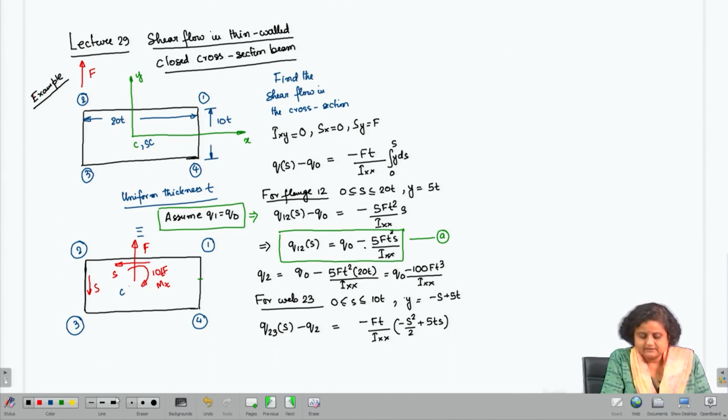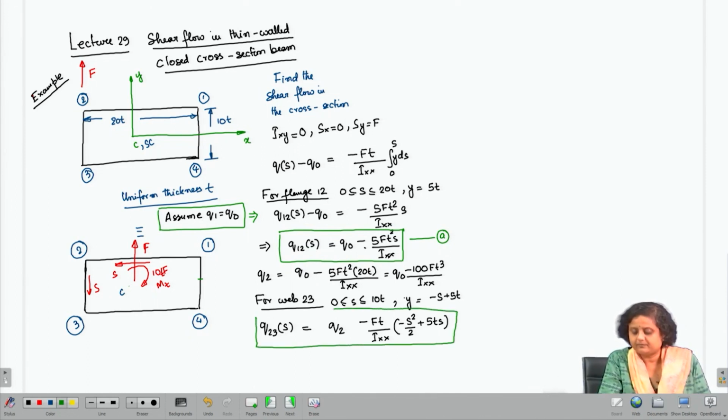Or I can write down the Q2 on the left hand side to cut short the step, and this is Q2 minus this. So, from this expression we can get Q3 as Q2 minus Ft by Ixx